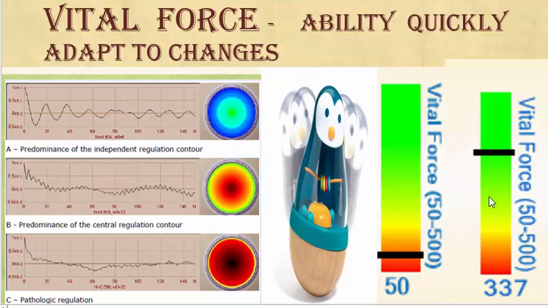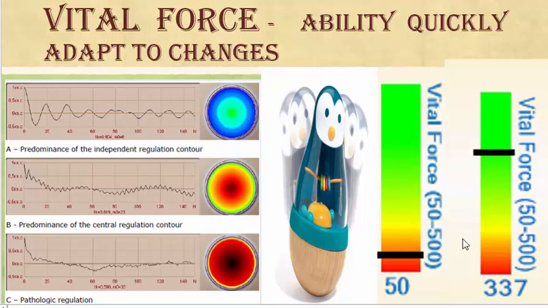It's a very important parameter to look at for how the autonomic nervous system is working: sympathetic, parasympathetic, anabolic, catabolic, yin and yang function. Basically, this gives us information about how much power the body has. It represents how much ATP the body has, and whether it has enough ATP to get rid of toxins and perform deeper detoxification. This is why the vital force is a very important parameter to look at in heart rate variability.